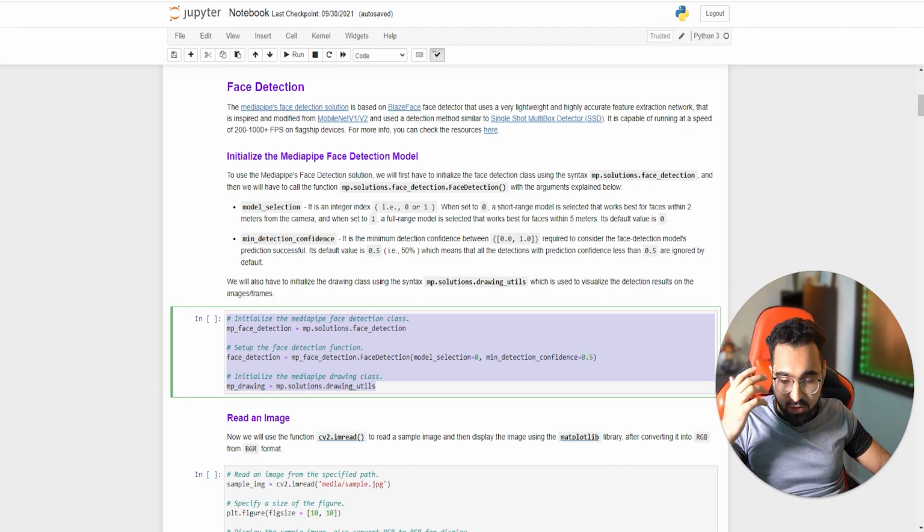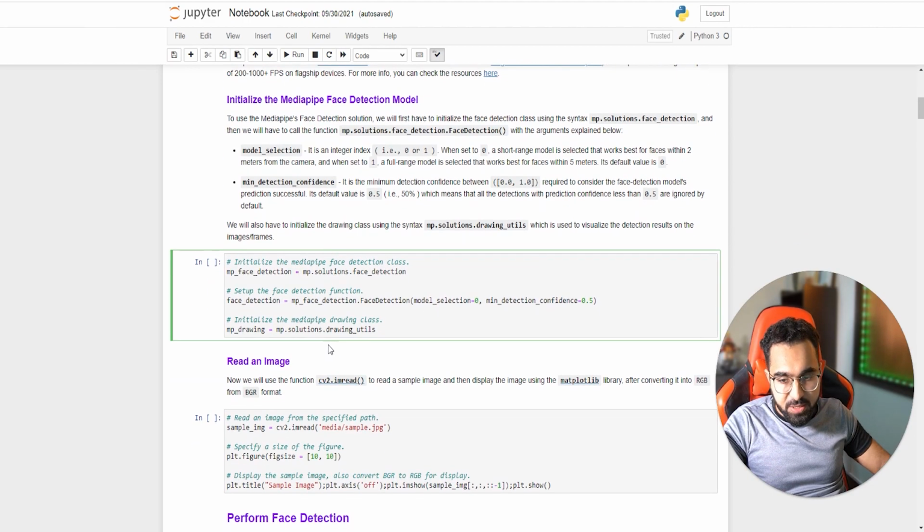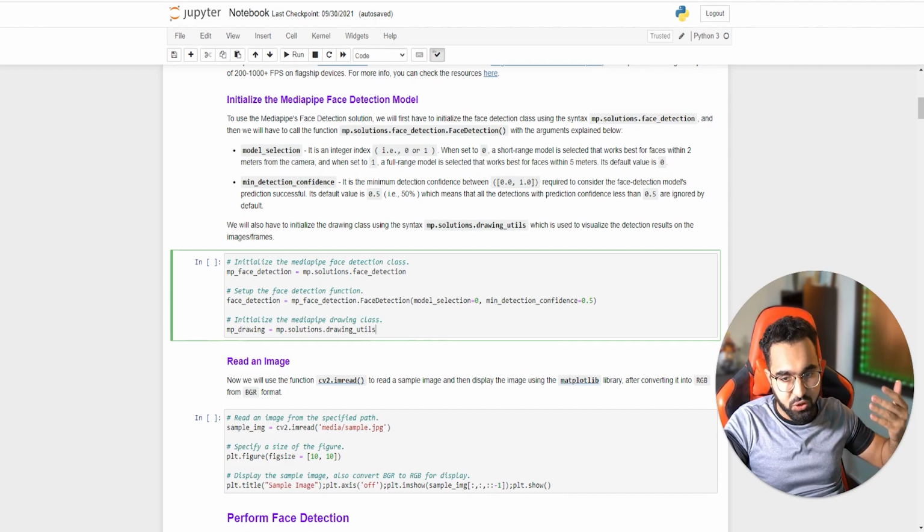I have published a pose detection tutorial and a landmark detection tutorial. So there are quite a variety of tutorials that I've published on MediaPipe, so make sure to watch those. Since the API is pretty much the same, the flow that we go through would pretty much be the same for facial detection and for facial landmark detection.